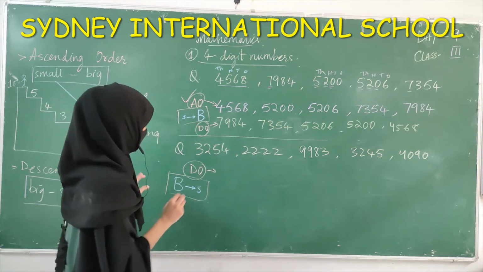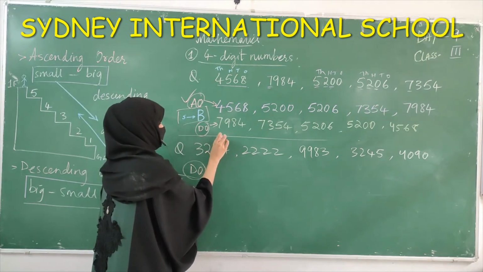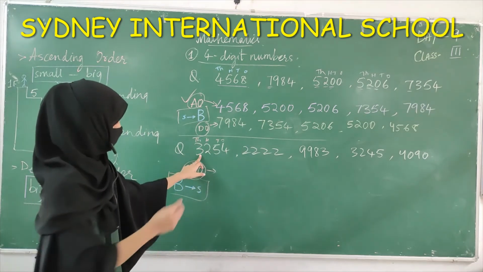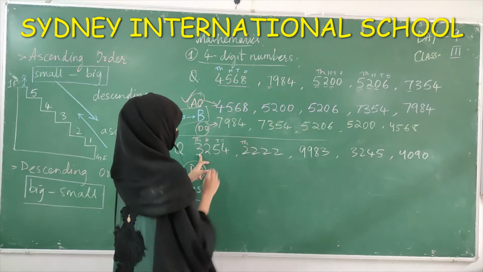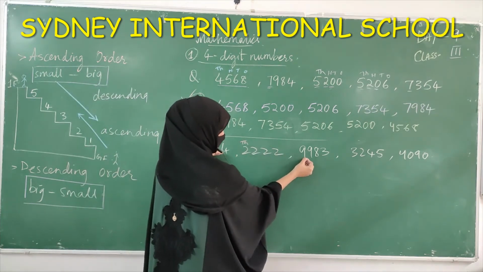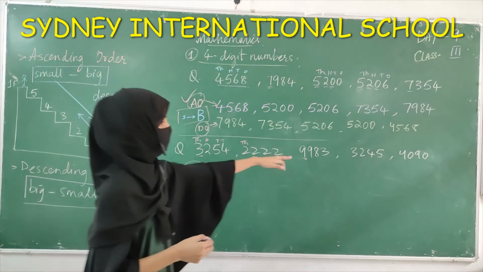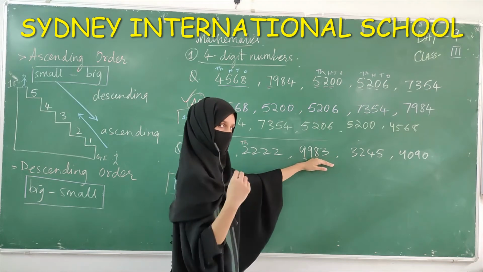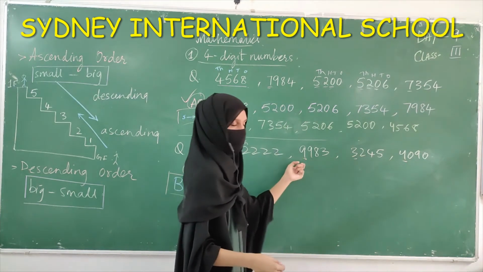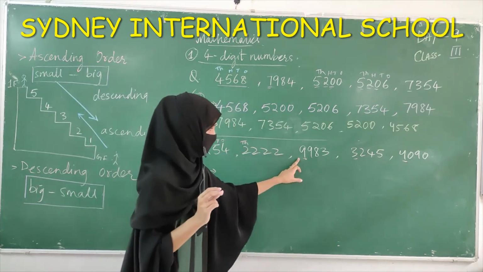Which is the biggest number here? First we'll take the first digit, that is the thousands place value. We'll look at all the numbers in the thousands place. Here is 3, here is 2. 3 is bigger than 2? Yes, we'll keep it on hold. Next number is 9. Here is 3. Is 3 bigger than 9 or is 9 bigger? 9 is bigger. So we keep 9. Then the next number is 3. Again here is 4. Is 3 bigger or 4 bigger than 9? 9 is bigger. So in the whole group, the biggest number starts from 9,000.